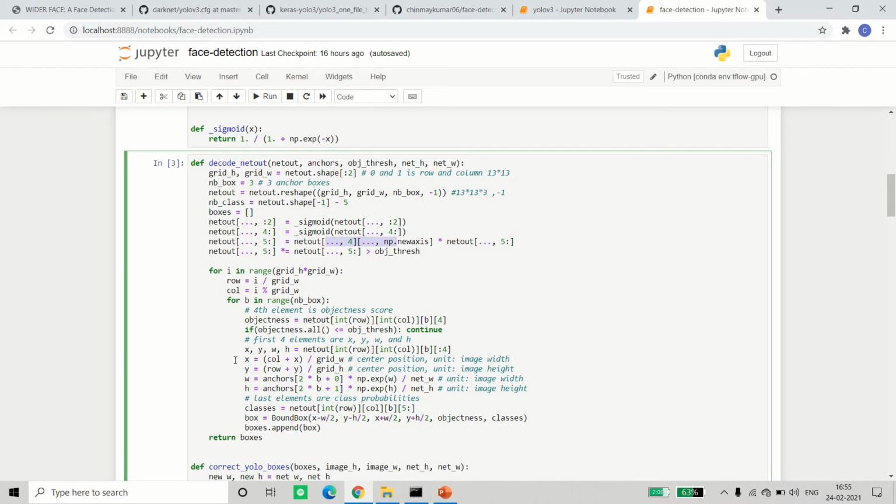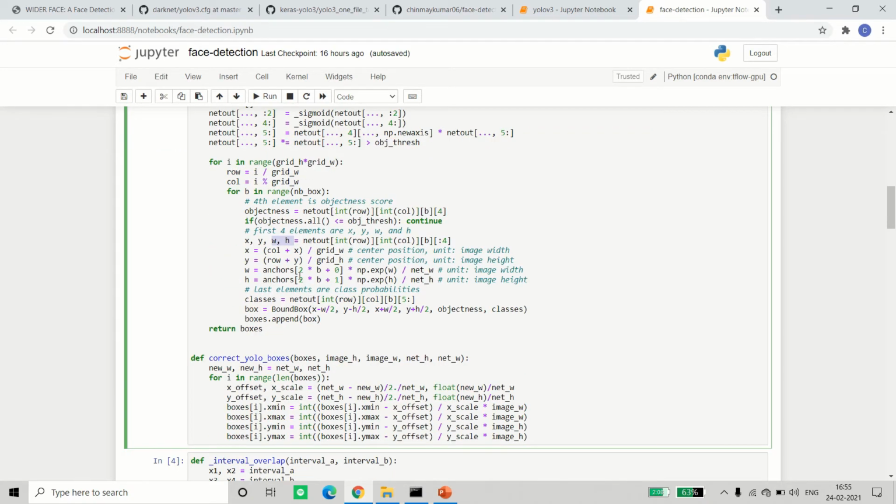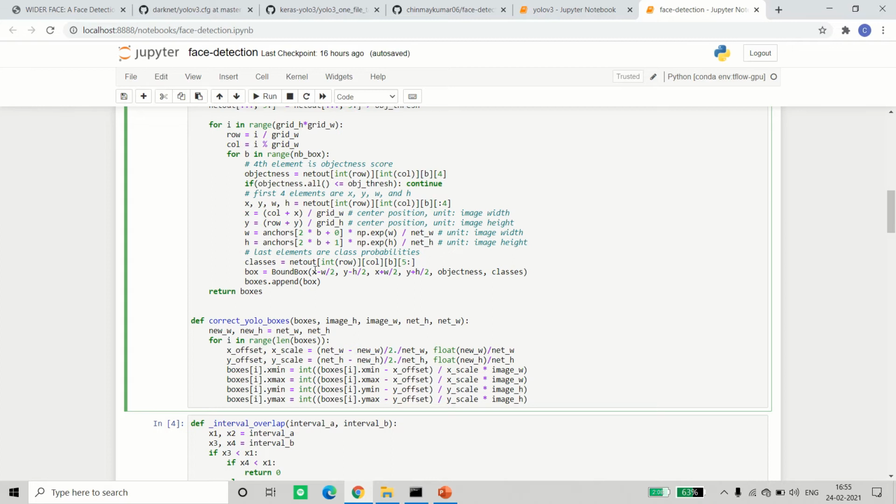So x and y are center, right, and w and h are width and height. So finally, after doing everything, using the anchors, the anchor boxes are also passed, like the sigmoid is applied, and after that the center coordinates are converted to the diagonal ends, x min, y min, x max, y max.